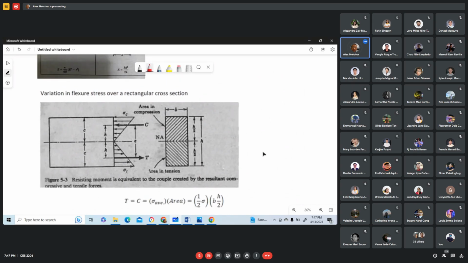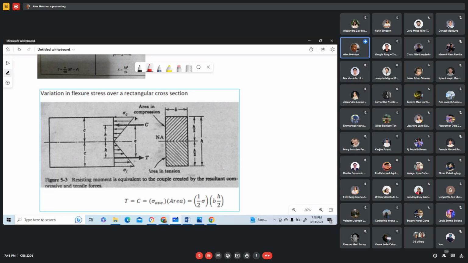Now, here is a portion of the beam, and this is the exploratory section. Our section here is a rectangular section. And this is the neutral axis. Okay. So this section is the rectangular section. And the distribution of the flexural stress